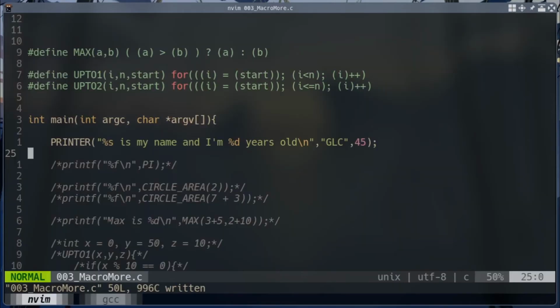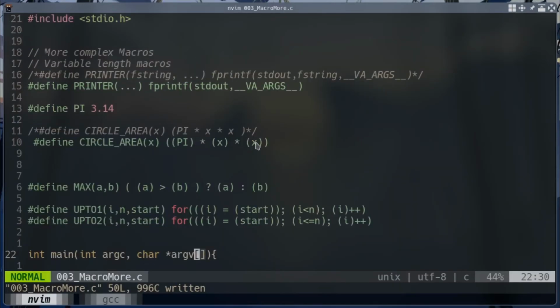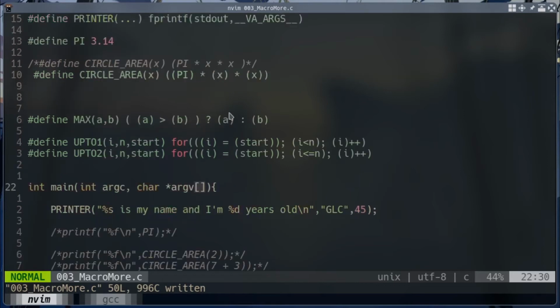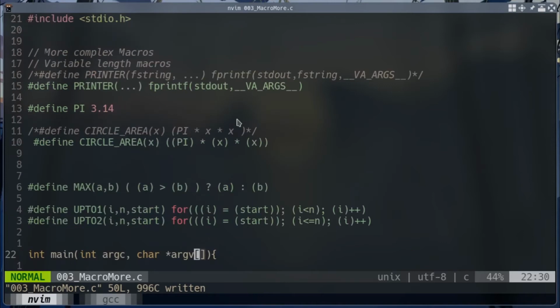It will not change. So this is all about variadic macros, but I need to tell you something about how these macros work in general. If you make some mistake using macros, sometimes it will be difficult to find. In that case, you can use the compilation switches to see the preprocessor output.